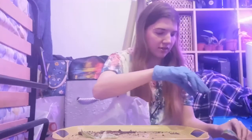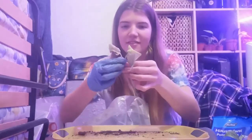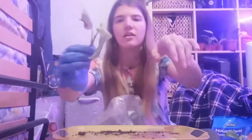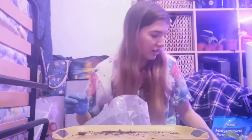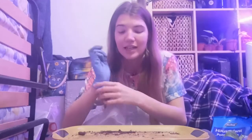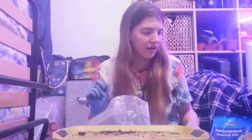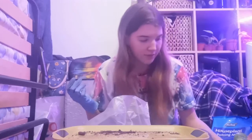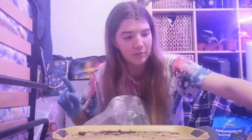So the only reason why I got this out, and I completely forgot until just now, is that this one is not doing very well. This cutting. I do have a Marble Queen pothos plant, and the only reason I took these cuttings is because the leaves weren't that great and they didn't make the plant that I have very satisfying to look at, so I didn't actually want those leaves on, so I just chopped them off. So yeah, that's not what I'm going to be potting up. Completely forgot about that. The last thing I will be potting up, and definitely potting up, is my Tradescantia quadricolor